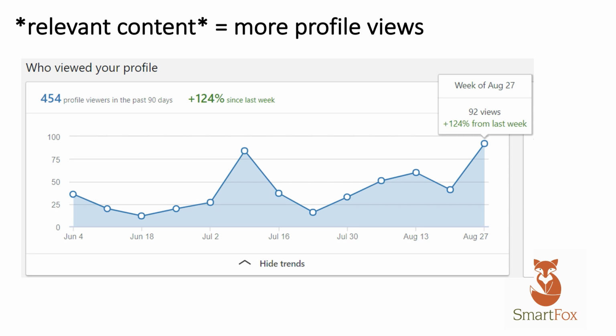But ultimately what you'll find is the more views you get on your own personal profile, the more connection requests you will build up. And remember, the whole point of LinkedIn is that we grow our own personal network. So yes, you can be out there searching and actively adding people to your network, but your content might also capture the interest of people that you want to sell to, and before you know it, they're sending you connection requests because of something you've posted.